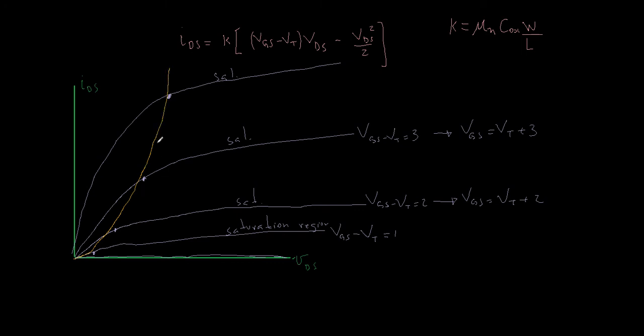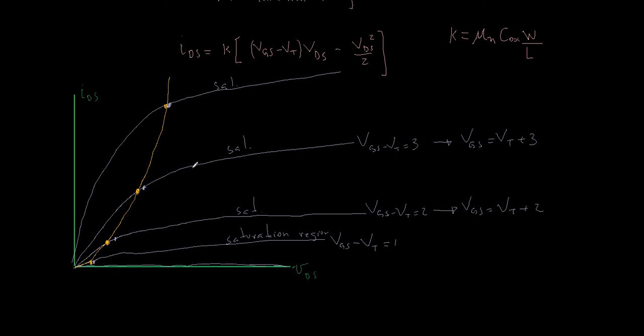This is a linear equation here, multiplying this other equation. When the transistor becomes saturated, then IDS is going to be equal to a constant K times some other constant, let's say P, times 1 plus lambda times VDS. And as you can see here, this is just a linear equation,